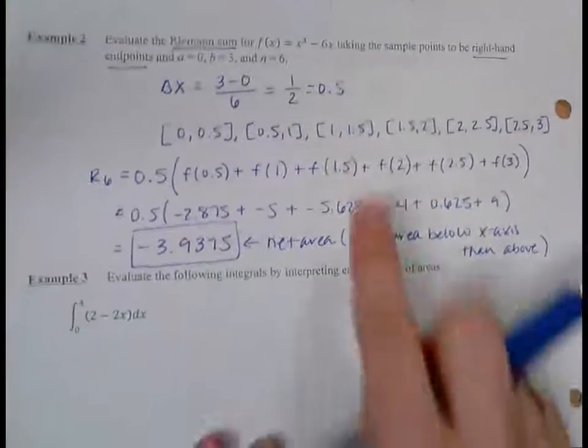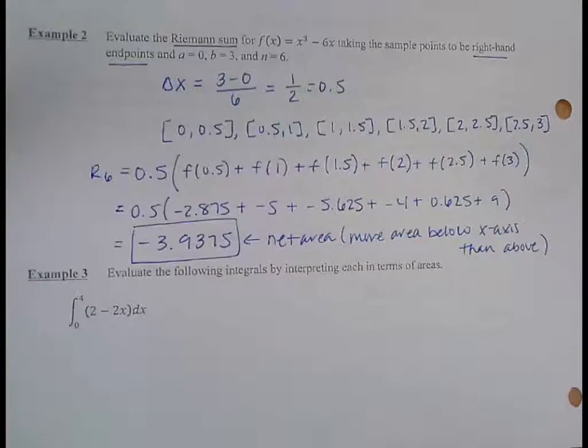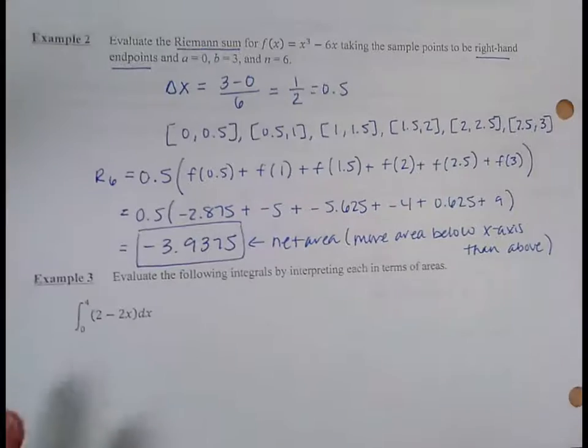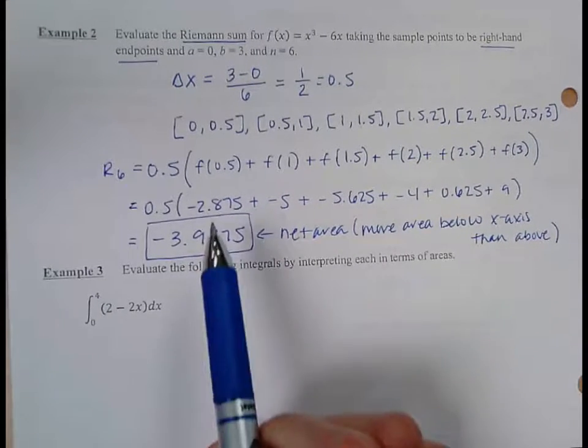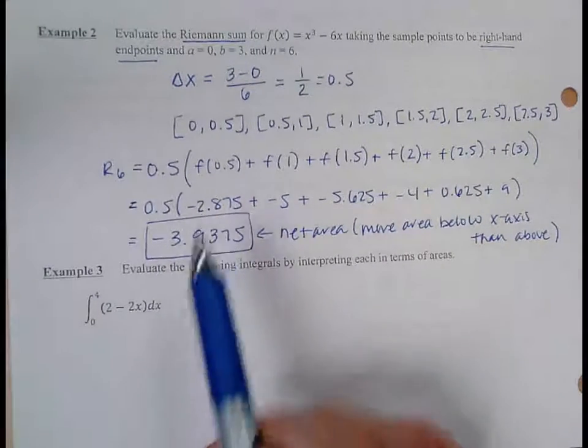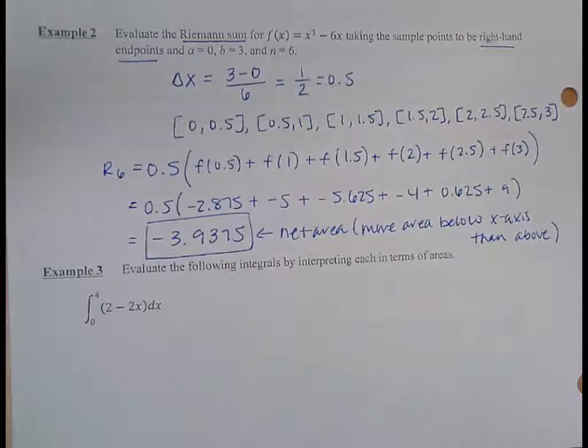A Riemann sum is just calculating the areas of the rectangles like we had done before. So what we were doing in 5.1 was actually evaluating a Riemann sum. We just hadn't defined what a Riemann sum was, and a Riemann sum is an approximation for an integral. So this value we found here would be the approximate value of an integral. We could say